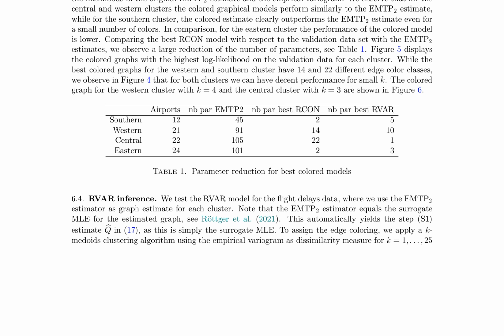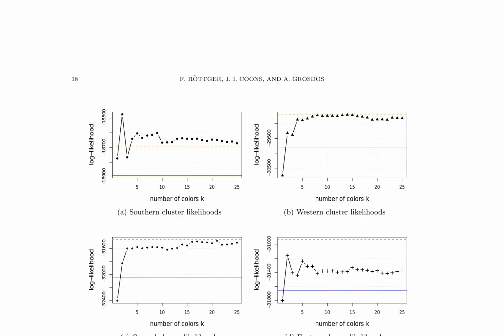Figures 3, 4, and 6 display the flight connections, colored graphs, and their validation data, respectively, showcasing the effectiveness of the colored models with a small number of colors. The study also discusses RVAR inference for flight delays data, utilizing the EMTP2 estimator as the graph estimate for each cluster. The analysis of the log likelihoods on the validation data for the surrogate maximum likelihood estimates of the Hüsler Reiss Archon models